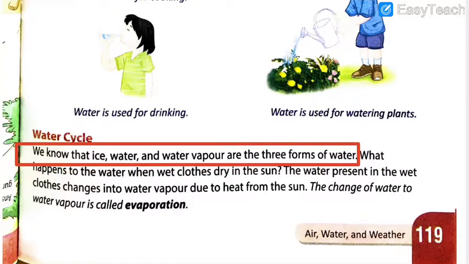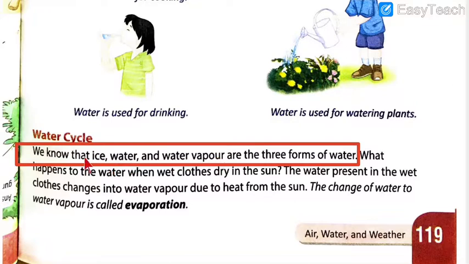Then obviously to drink water, can you live without drinking water for a day? No. You can live for a few hours, not for 24 hours. If 24 hours, you will go mad without water. So water is much more important. Then in the picture you can see here, a child is watering a plant. Why so? Only then the flowers will blossom there, the fruits will come in the tree, correct? So in all these parts we need water. Without water this could not be done.